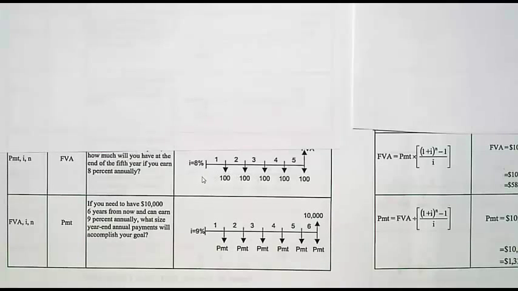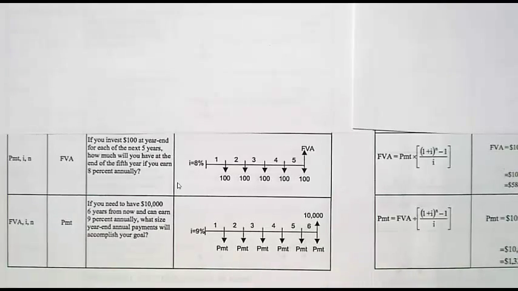And here's an example of a set of equal consecutive payments. If you invest $100 at year end for each of the next 5 years, how much will you have at the end of the 5th year if you earn 8% annually? So in this case, we have these 3 knowns and this unknown. Got the rate, the number of periods, the amount of the annuity, and we're trying to calculate what the future